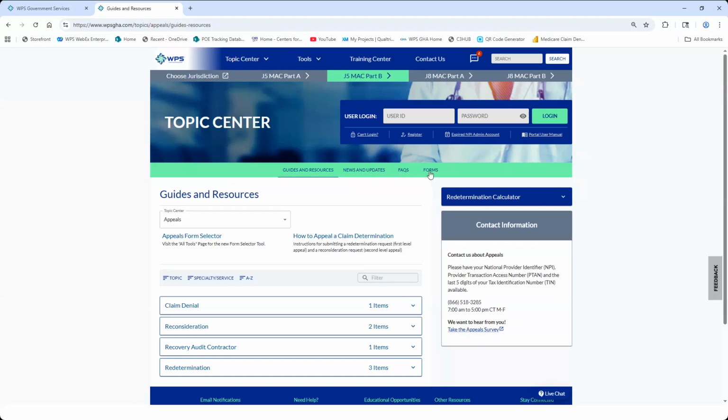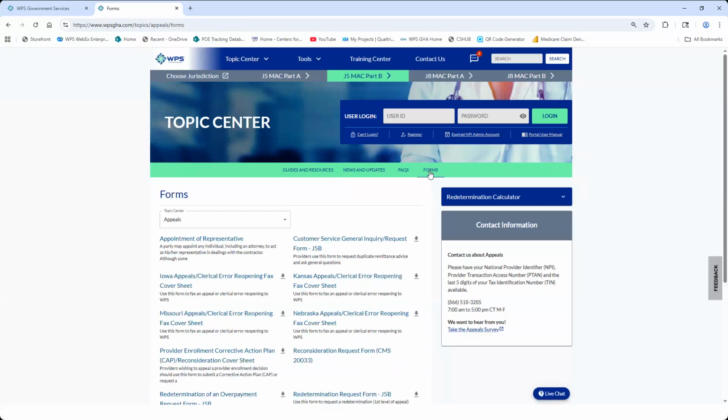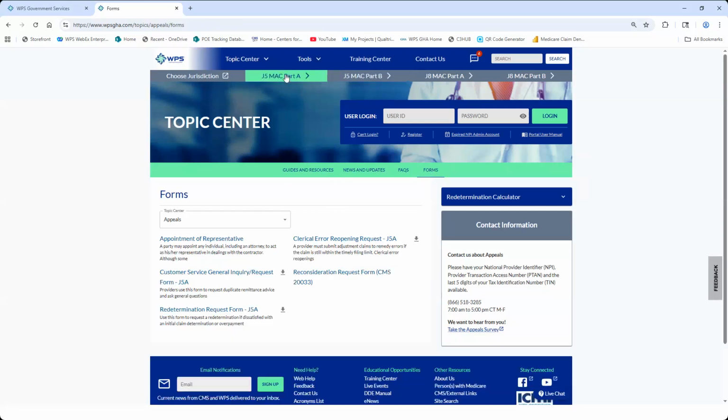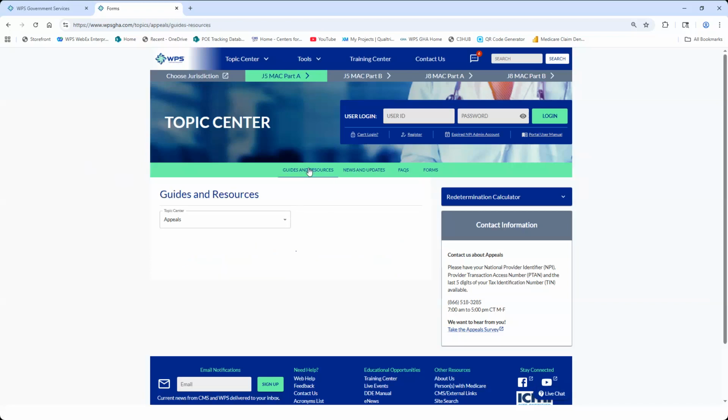The forms area is going to display the forms that pertain to the contract that you've selected. I am in J5 MAC Part B. So here are the different forms that you might need. If I change contracts, let's say I go to Part A, you're going to see they're different. So make sure you're in the right area for your contract and you'll get the most specific items because those selections do change. If we go back to the Guides and Resources,